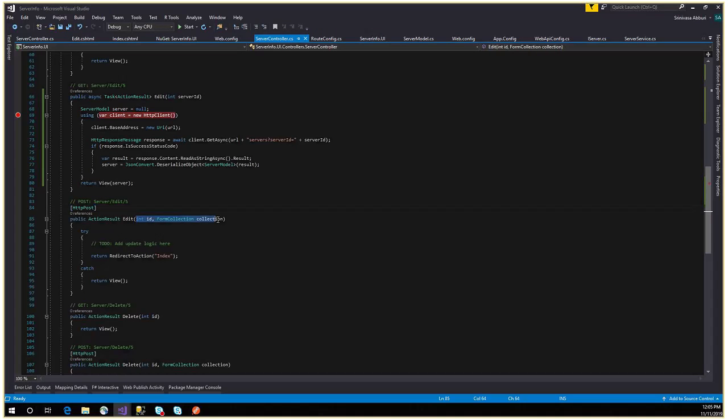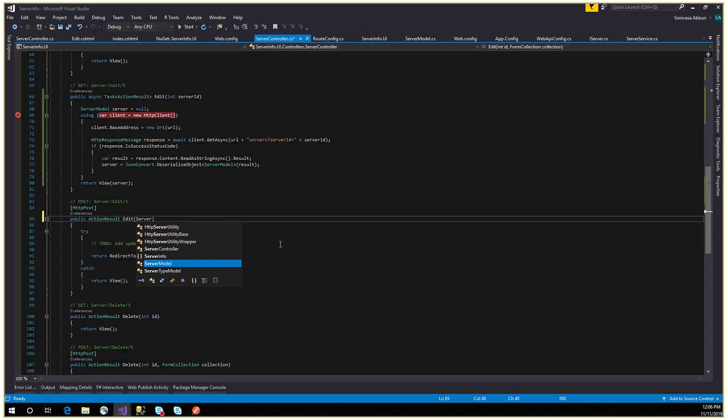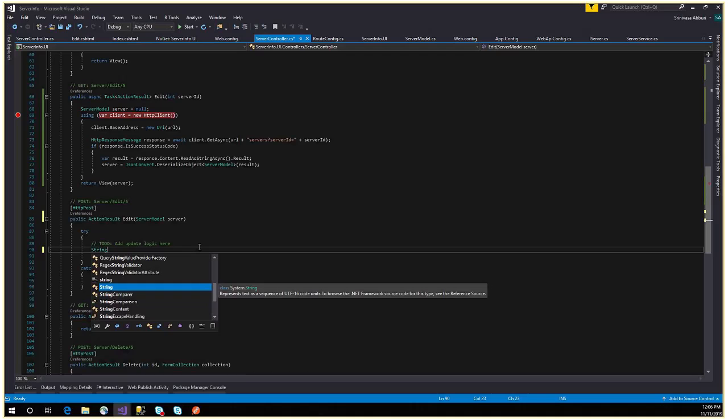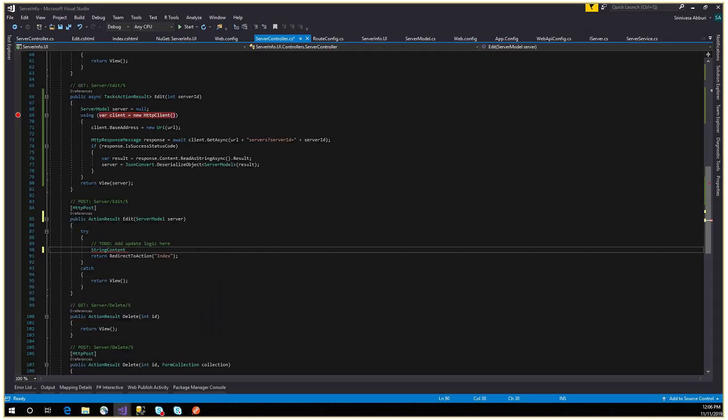method. Since we are passing the whole server object, let's make a server model, which is a server object. And since this is a post method, first I want to create a string. We want to convert the server object into string content. That way, you are passing the server C# .NET object as a JSON object, which is content equal to a new StringContent, JsonConvert